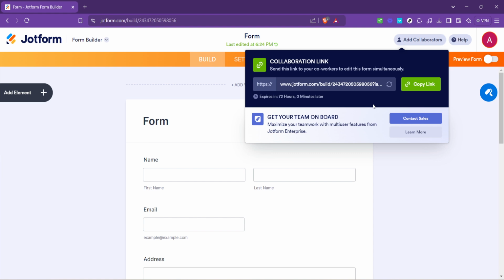Embrace the power of collaboration to make your forms the best they can be, and watch as the process transforms not just your project, but the way you work as a team.